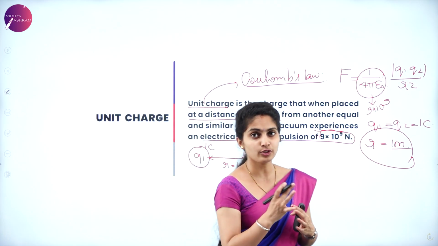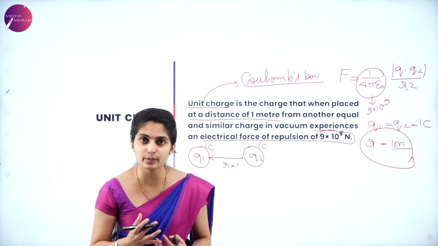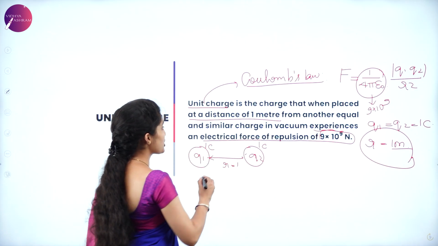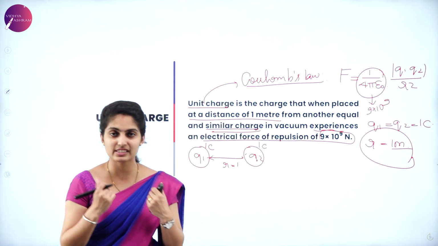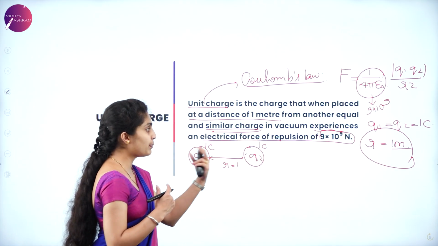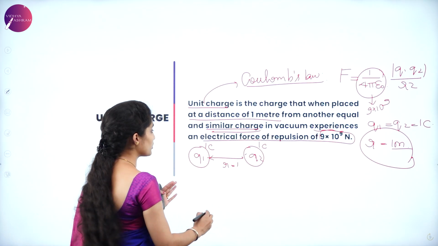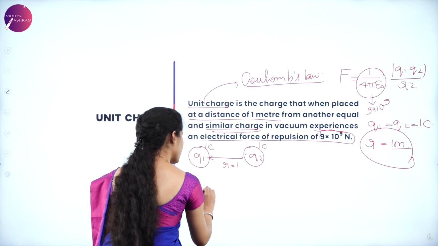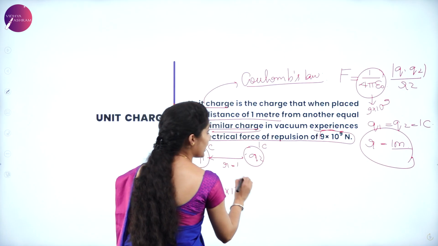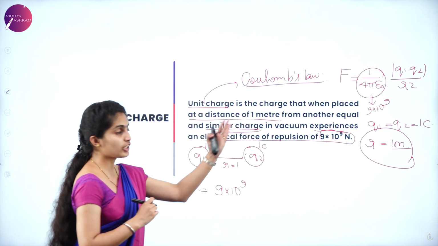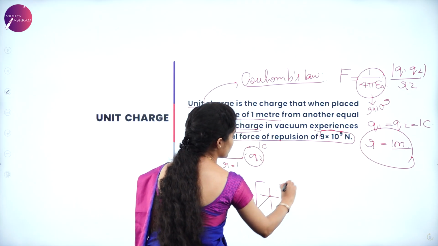I told you that in general in Coulomb's law. But here they have given electric force of repulsion. Why is that repulsion there? Because they have mentioned similar charge. That means either both will be positive or both will be negative. It's a similar charge. That is why there is a force of repulsion of 9 into 10 to the power of 9 Newton. How is that? That is because F is equal to 1 by 4 pi epsilon naught, which is nothing but 9 into 10 to the power of 9, and your charges Q1 Q2 divided by R square. Everything is like 1 divided by 1, so it is always 1.